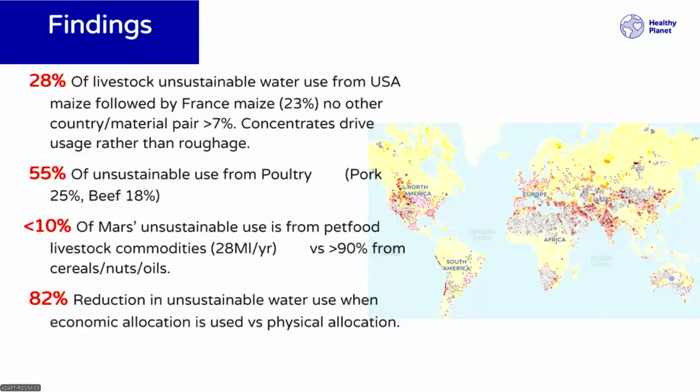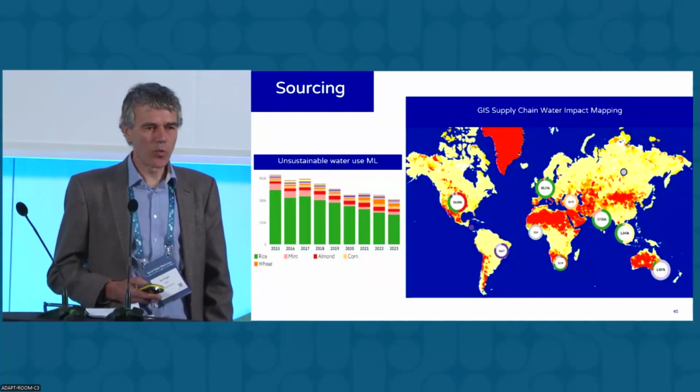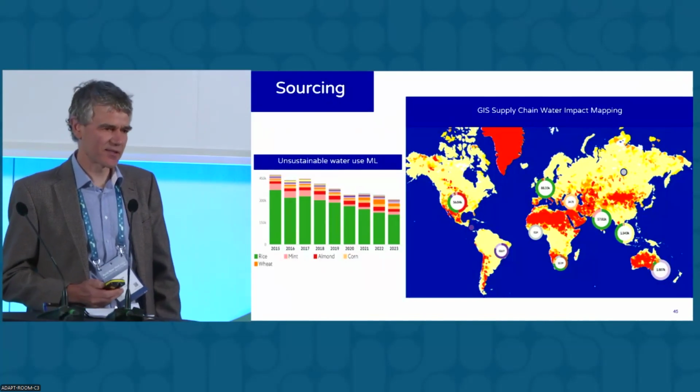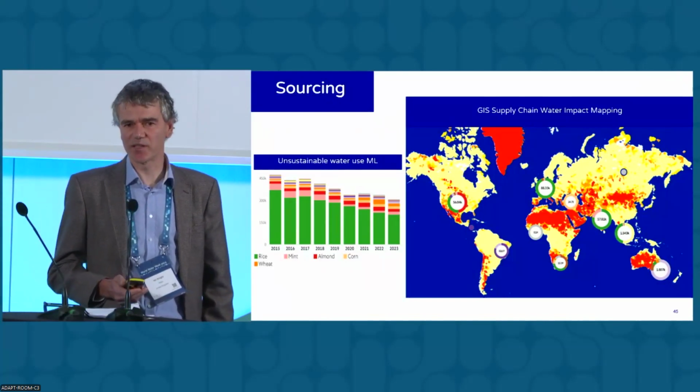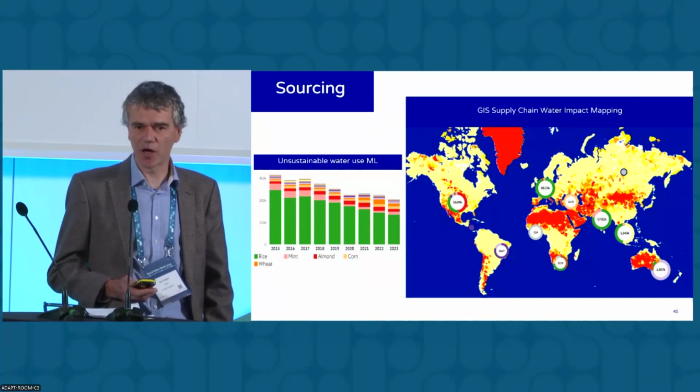But when you compare it to the cereals, the nuts, and the oils that we're buying, it's about 10% of our overall footprint. And just from a technical side of things, how you do the allocation from a life cycle analysis point of view is hugely impactful to the end result. So we've actually been working on those cereals, nuts and oils since 2017, when we set our context-based water target. You can see on this chart a little bit of the progress that we're making.